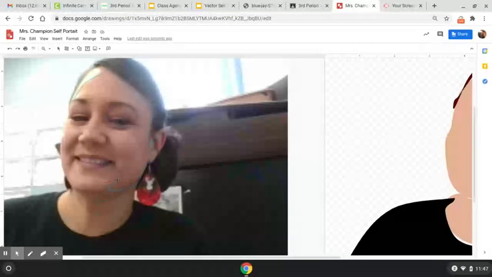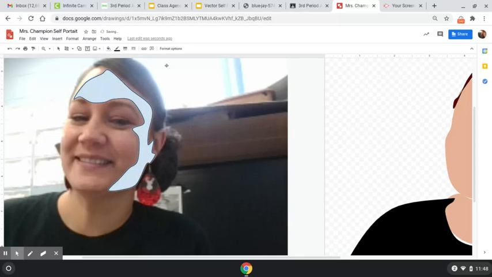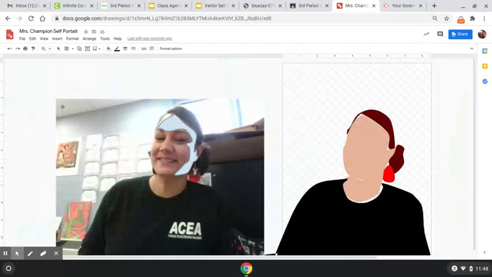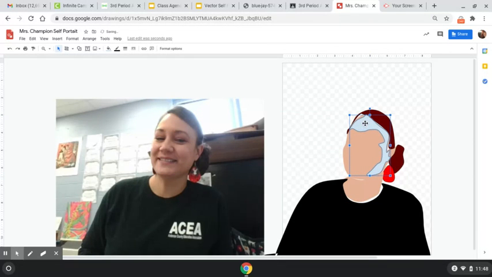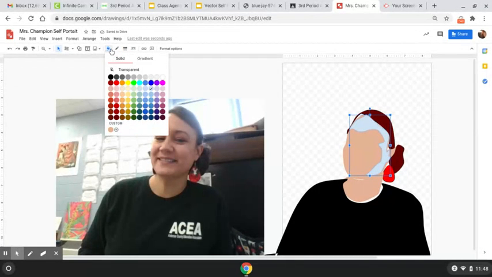And it's like wherever you see a little value change here. So I'm going to go around here. And then I'm going to connect that. And then I'm going to zoom back out. Then I'm going to hit my select tool, and I'm going to drag this over here. It's going to look funny at first, but that's okay. And then what I'm going to do is erase that outline,